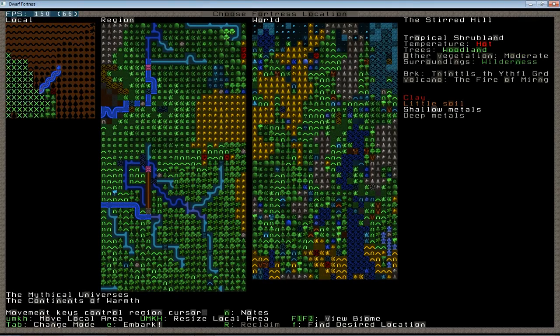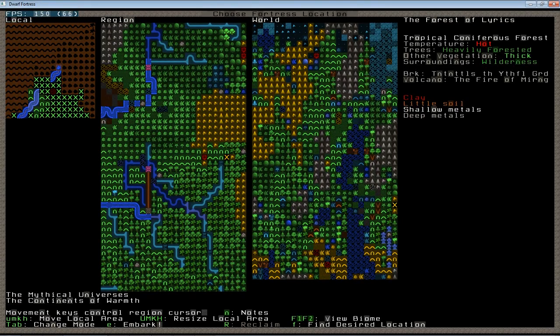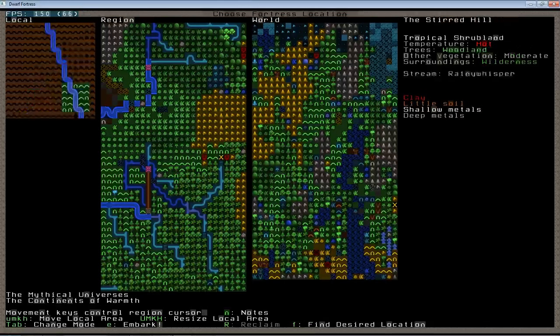Both of these areas are neutrally aligned. That's why they're wilderness as opposed to sinister or good. And the savagery level is somewhere in the middle. It's not at the low end and it's not at the high end. The more savage and the more evil your terrain is, generally speaking, the harder it's going to be to embark in that area. So, for example,